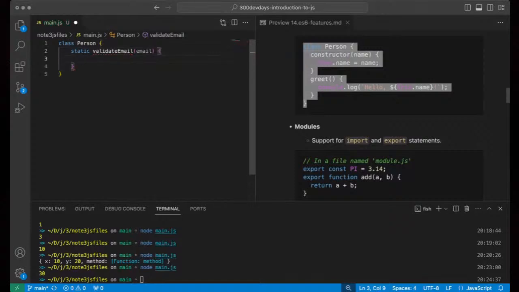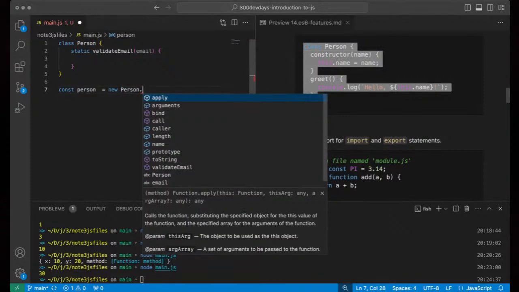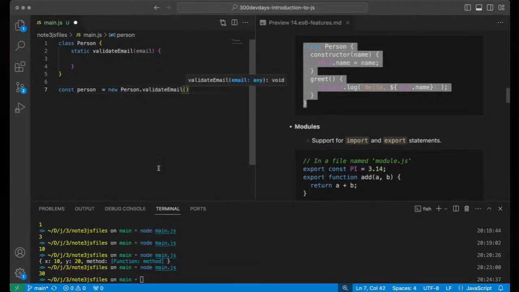Now, if you look at this right now, I don't have a constructor, which means I don't need to come and say, const person equals new person. I don't have to do that because I don't have a constructor, right? So you see, there's nothing to basically construct from the person object right here. Okay, so I don't need this. Instead, I can just go ahead when I put the dot notation here. You see, I get validate email. I have direct access to performing that validation, and I don't need the new keyword either, right? So I have the ability to perform that validation.